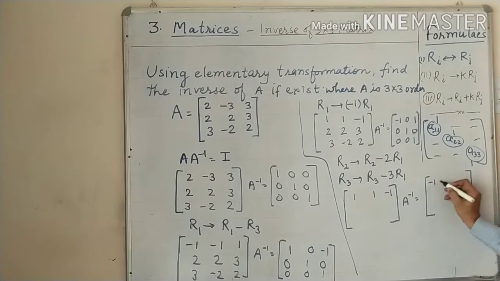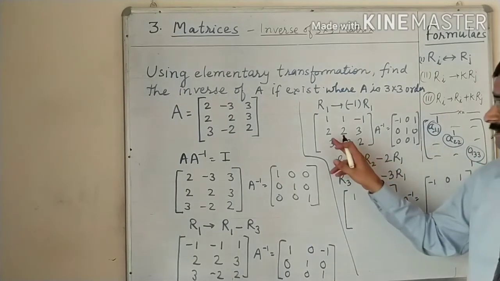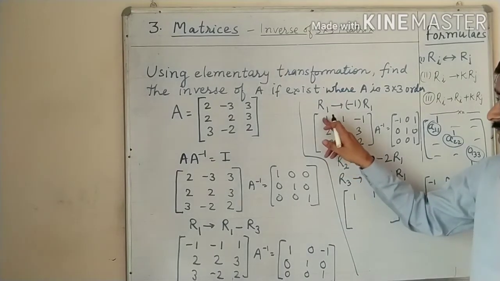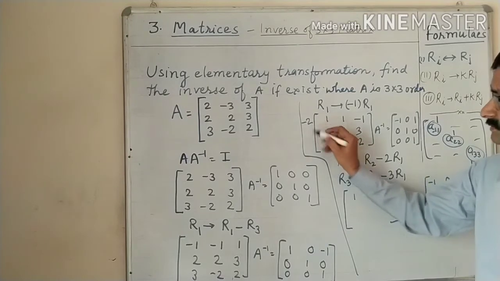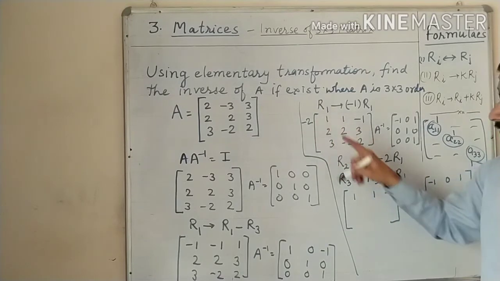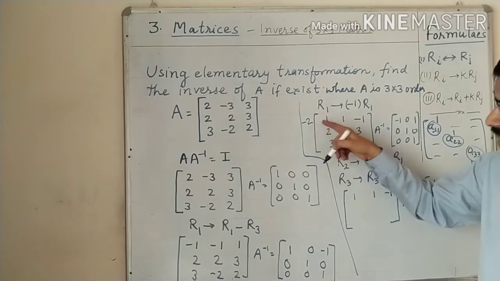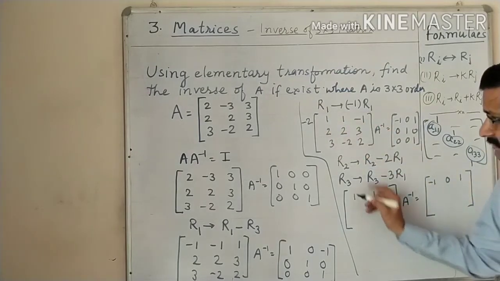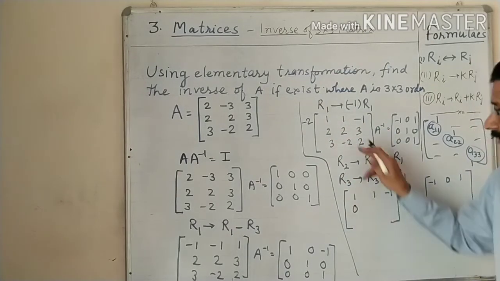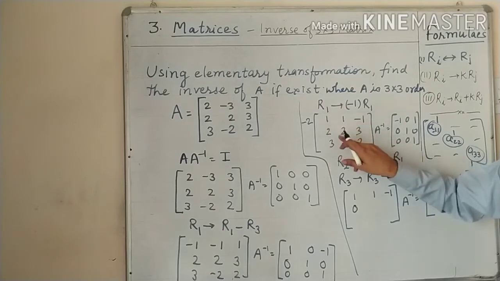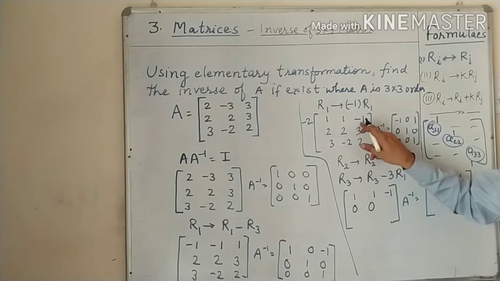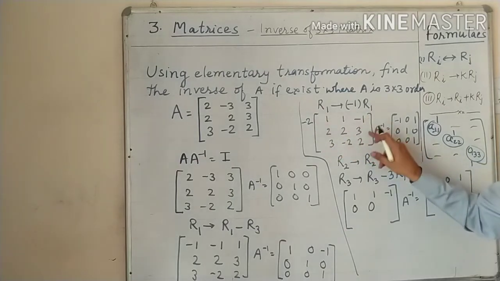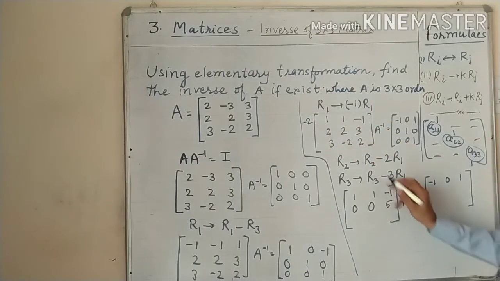Here is minus 1, 0 and 1. This we write as it is. Now here, first case, we multiply the first row by 2, meaning actually minus 2. I write here minus 2. Minus 2 into 1, 3 into 2, minus 2 into 1, that is 0. 2 into minus 2, here also 0. This will be plus 2 and 3, 5.